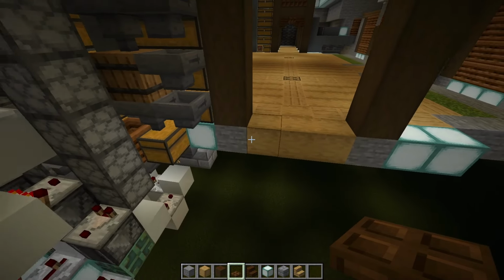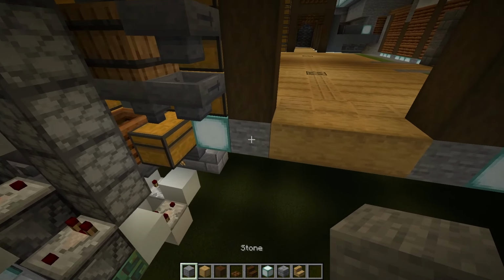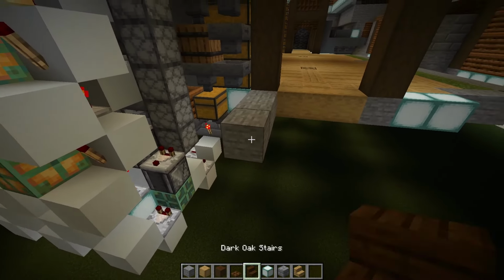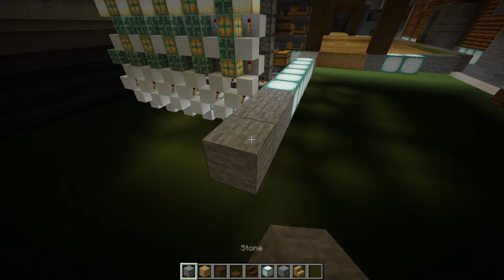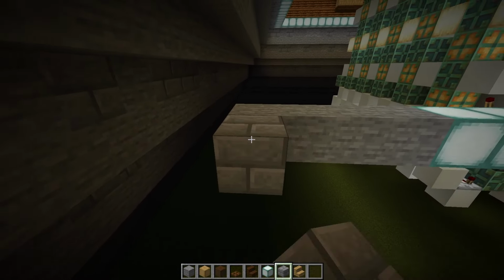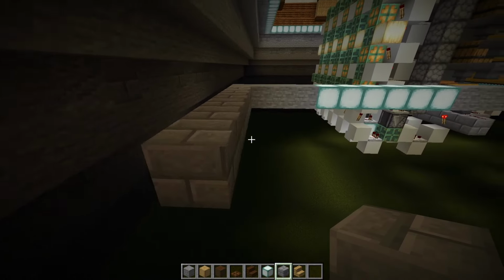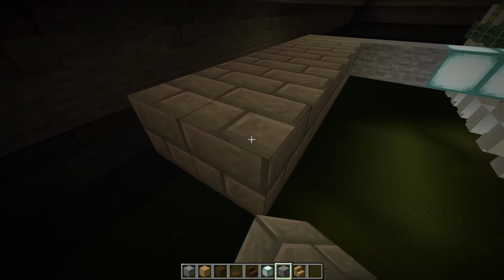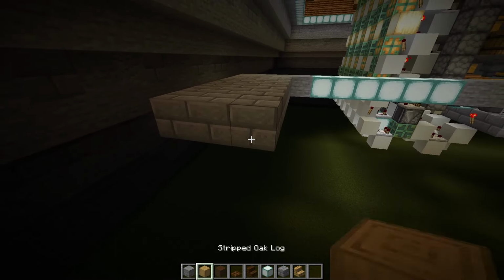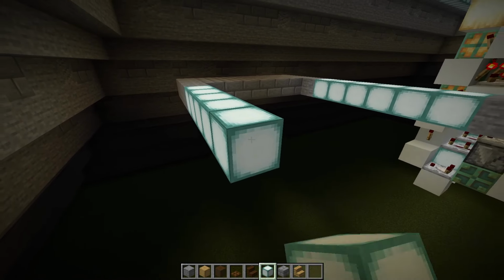So now come around to this side, grab some stone, and we'll go 1, 2, 3, and then 6 sea lanterns. 1, 2, 3, 4, 5, 6, and then we'll do 1, 2, 3, 4 stone blocks. Now grab stone bricks on the end, we'll go 1, 2, 3, 4, 5, 6, and then we'll do that 2 more times, just like that. Then back to your stone, we'll go 1, 2, 3, 4, then sea lanterns, 6 of these,